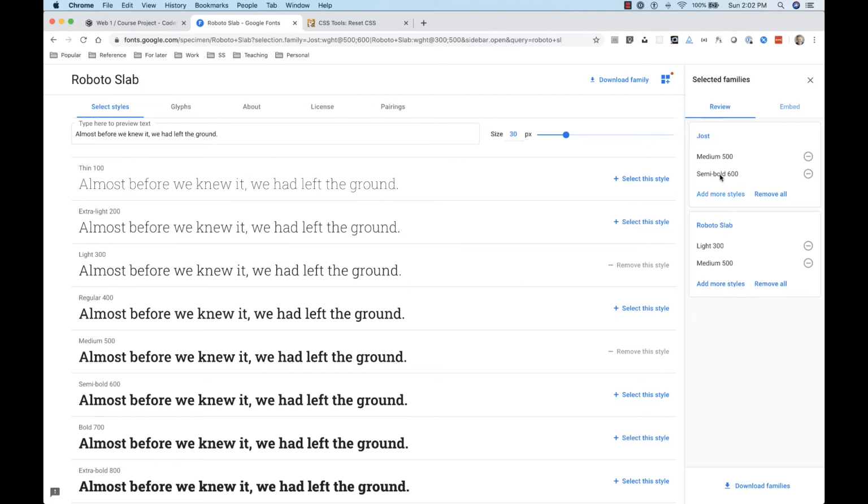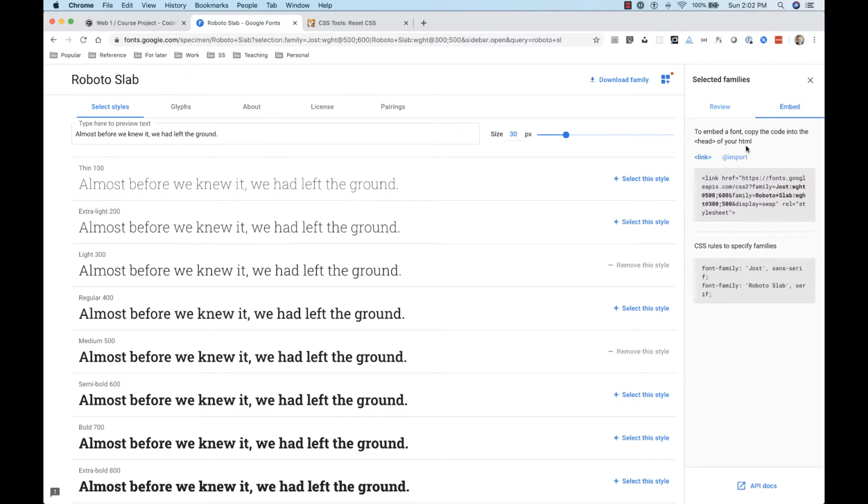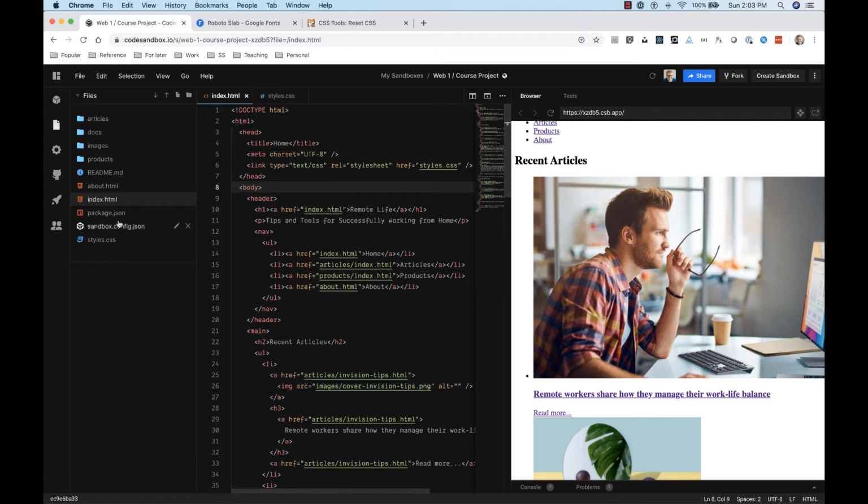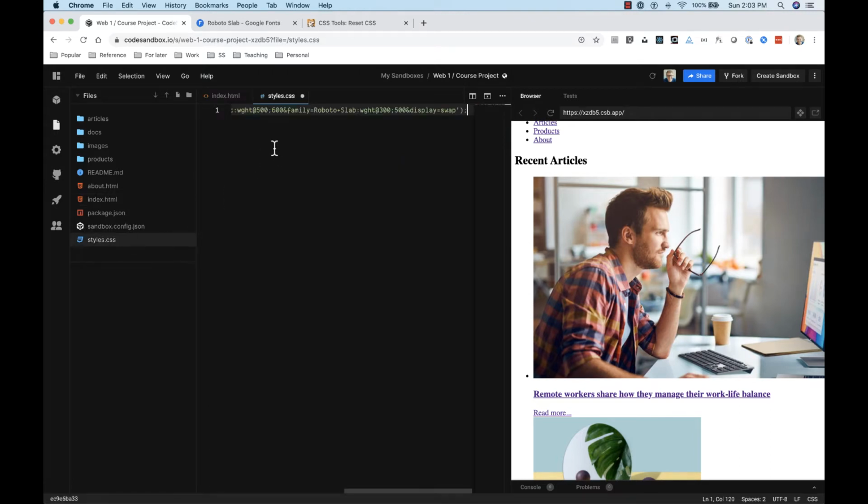Okay, so with all of these loaded in, we're going to click on the Embed tab and then the @import bit right here, and copy just that bit. Notice that I have not included the style tags that wrap around this. We only need those when we're placing this whole thing inside the head of a document. But because we want to put this in our main style sheet, we're just grabbing that @import in the middle. Okay, so we're going to go to our style sheet, paste this in,